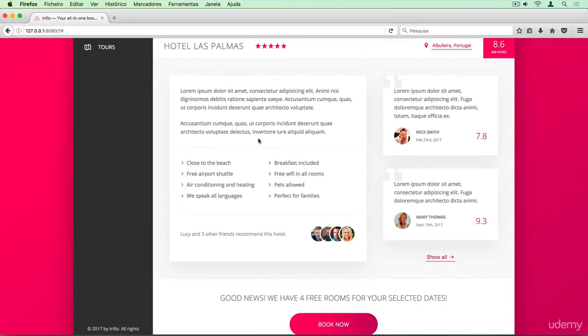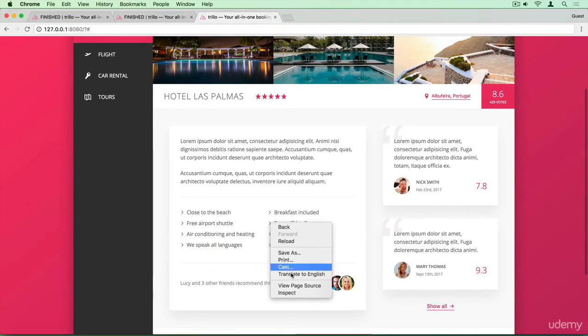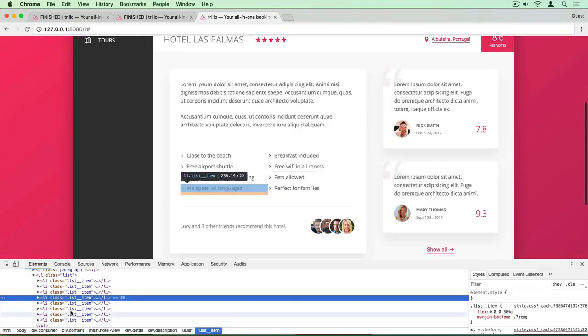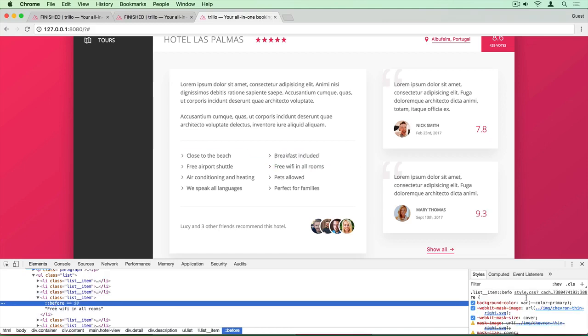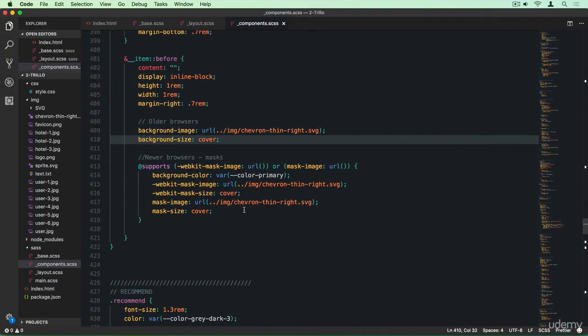Okay, so actually here it's now working in Firefox, but if you take a look at Chrome now, you see that it's also black. So let's take a look at that. And it's here in the before. All right, so you see that, of course, the mask image and the mask cover here are applied because, in fact, we do support the mask image. Now, the problem here is that at the same time, the background image is also active. Okay, and so we have to basically remove that, because if we didn't have the background image, then it would look just fine. Okay, and so what we have to do here now is to just say